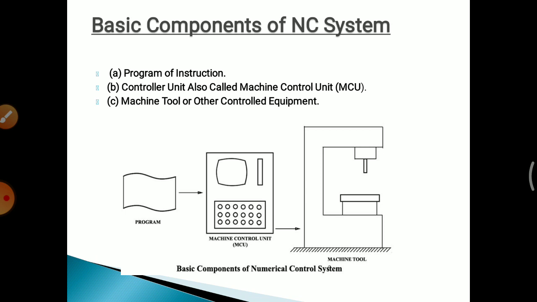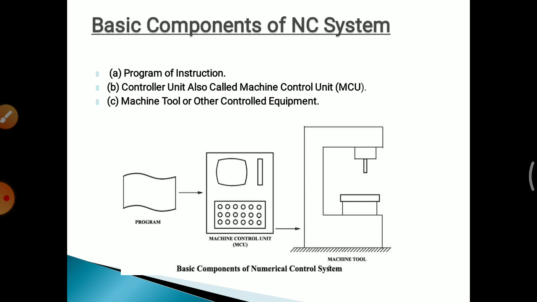A numerical control machine can be defined as a machine that can be controlled by a set of instructions called a program. When the type of job changes, the program of instruction for the job also changes. It is easier to write the new program for each job. Therefore, NC provides a lot of flexibility in its use.